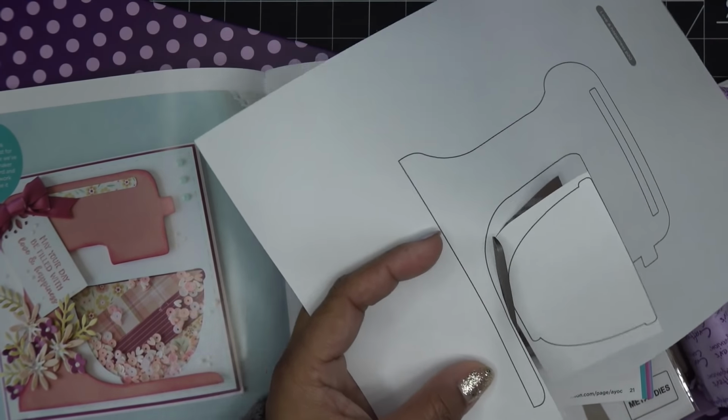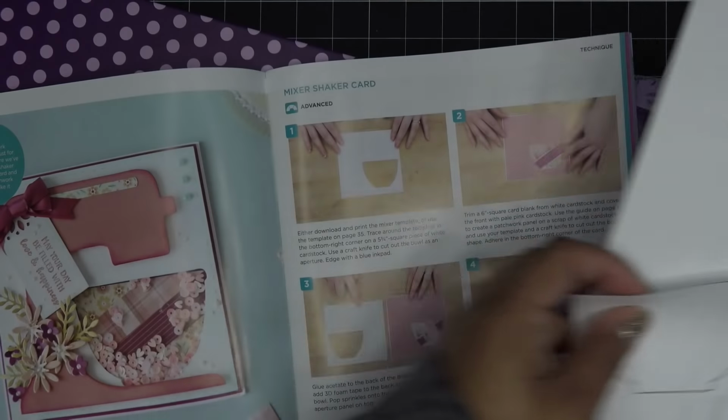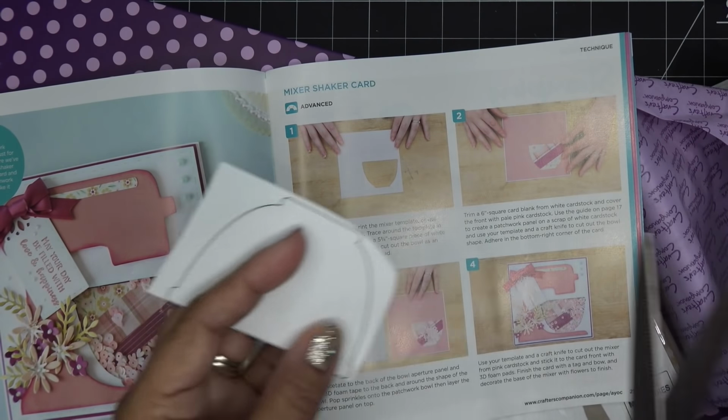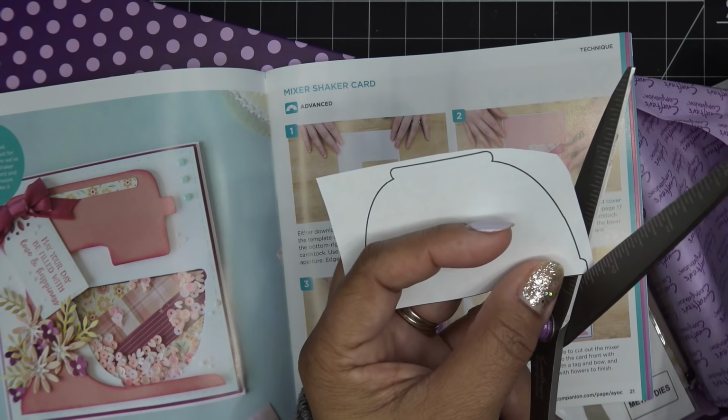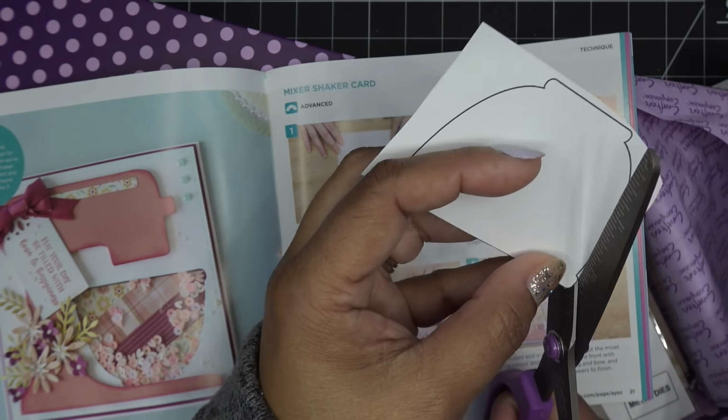I think what I'm going to do is on the other one push down like I said, and we'll see how that works because we don't have to put this anywhere specific. We're going to cut it out on a piece of paper, right? So right now with this one, I'm trying to cut